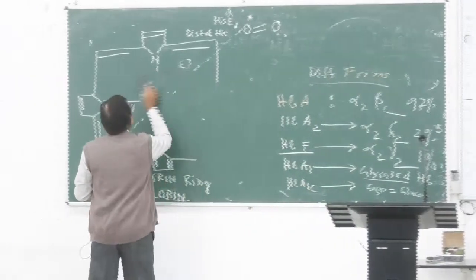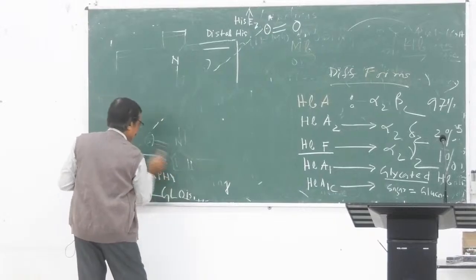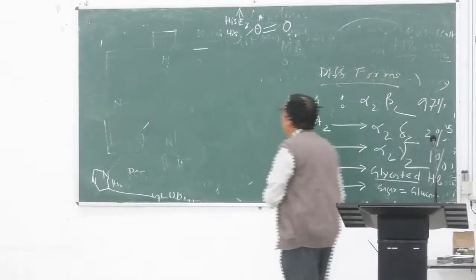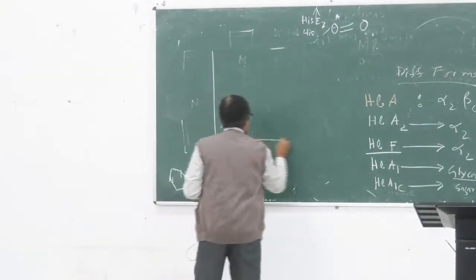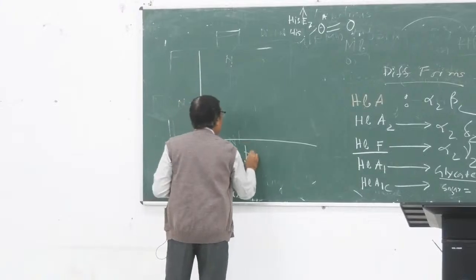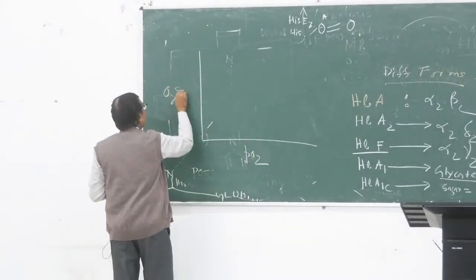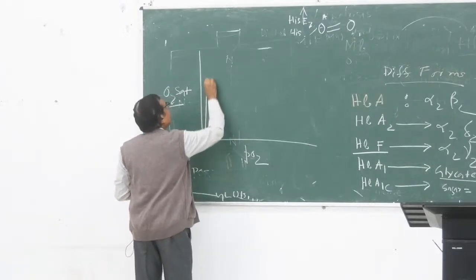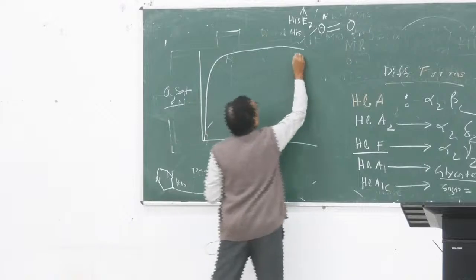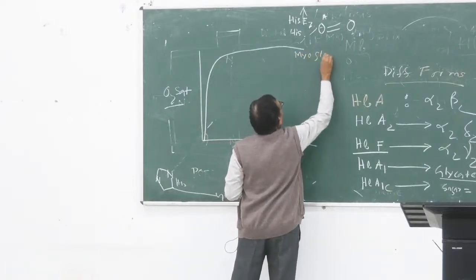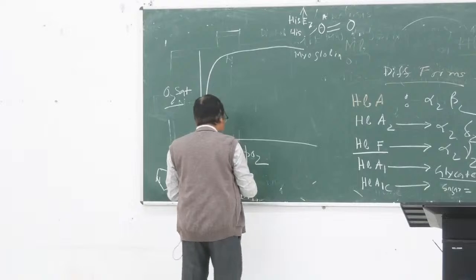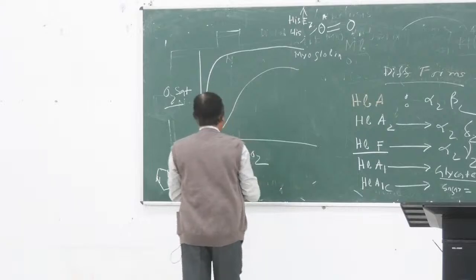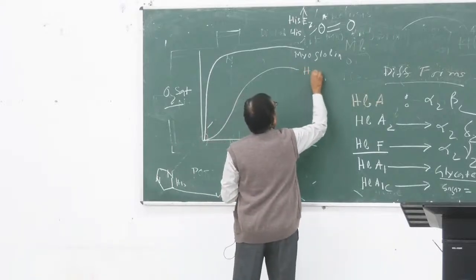গামা চেন হওয়ার জন্য 2,3 ডিপিজির একটা রোল আছে। আমি আর একটা জিনিস আঁকিনি, যেটা না করে স্ট্রাকচার ফাংশন ডিফারেন্সটা হবে না। সেটা হচ্ছে কার্ভটা, এটা হচ্ছে PO2, এটা অক্সিজেন স্যাচুরেশন। ইন কেস অফ মায়োগ্লোবিন কিরকম হবে কার্ভটা, ইন কেস অফ মায়োগ্লোবিন কার্ভটা এরকম হবে। ইন কেস অফ হিমোগ্লোবিন কার্ভটা কিরকম হবে? সিগময়েড শেপেড, অ্যালোস্টেরিক প্রোটিন তো সিগময়েড শেপেড। এটা হচ্ছে হিমোগ্লোবিনের কার্ভ।